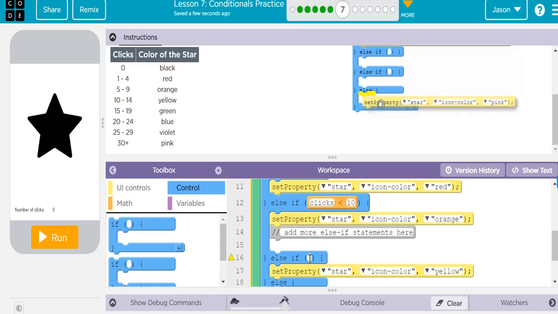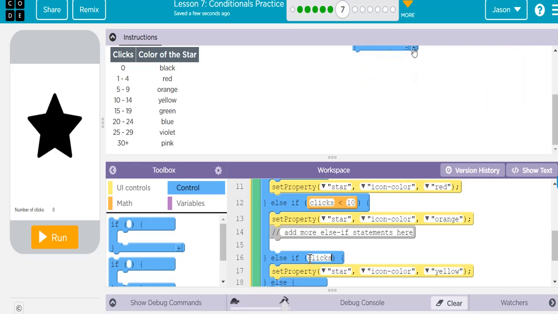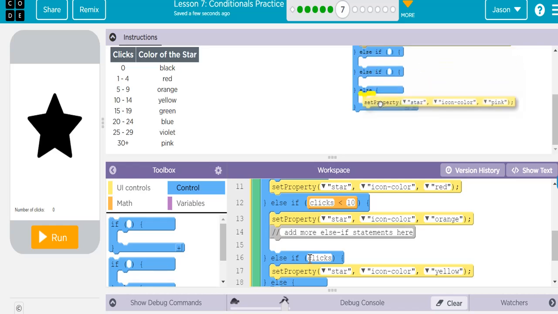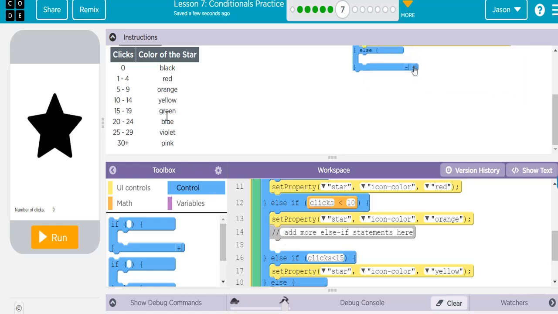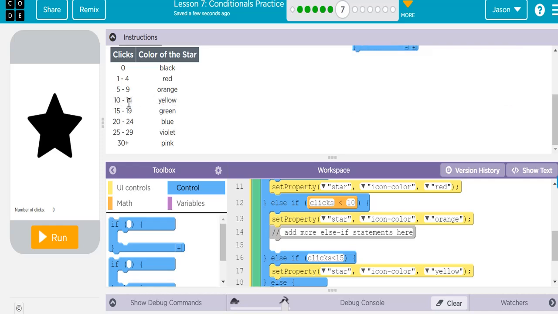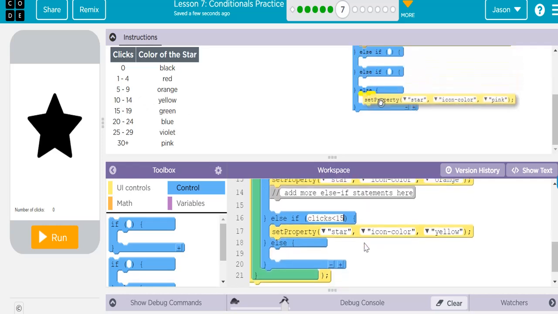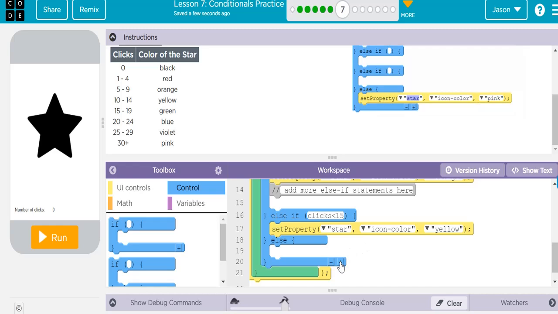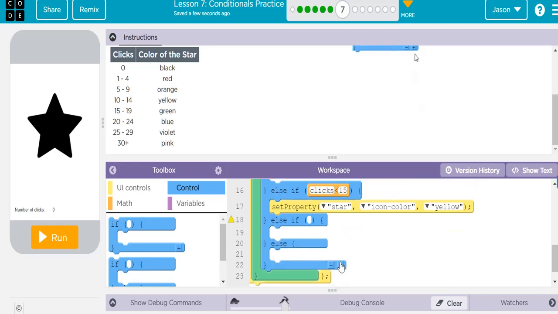And that's going to happen if clicks is less than 15. Or you can put less than or equal to 14 if you want. Because we want it from 10 to 14, we want it to be yellow. And you can check to make sure it's working right here, or you can continue to add some more statements. I'll add another statement, else if